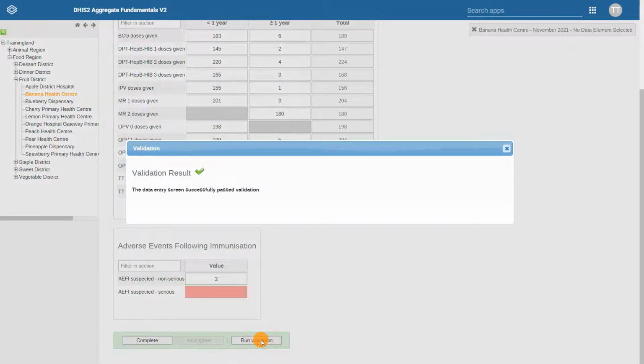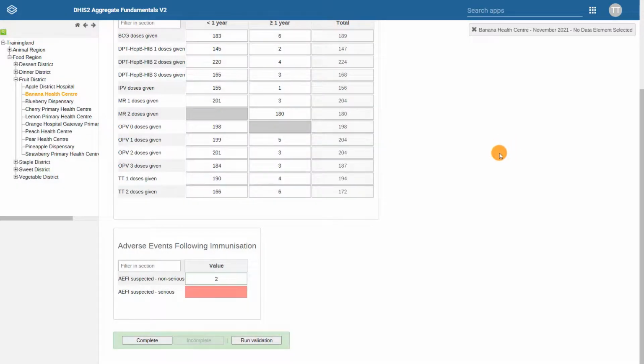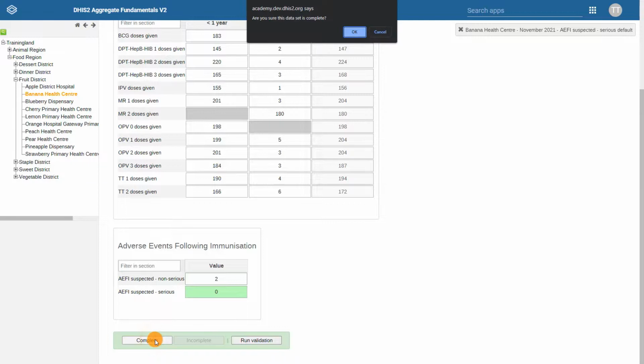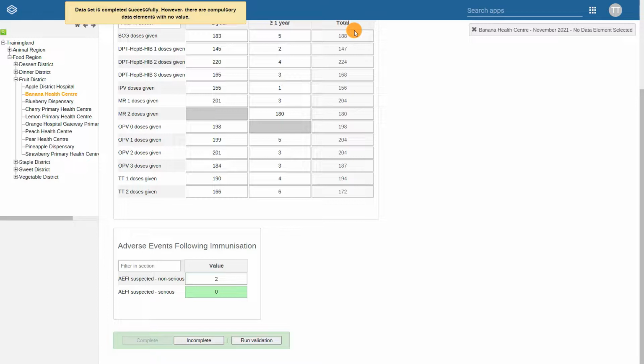If there are any mandatory data fields in the data set that you have not entered data for, the fields will turn red in the form. You will need to complete all of the mandatory fields before moving on. Once you've finished validating the data and completing the mandatory fields, click the Complete button at the bottom of the screen to finalize the data entry form. A pop-up will appear asking you to confirm that you are certain the dataset is complete. Once the form has been marked as complete, a message will appear at the top of the screen confirming that it has been completed successfully.